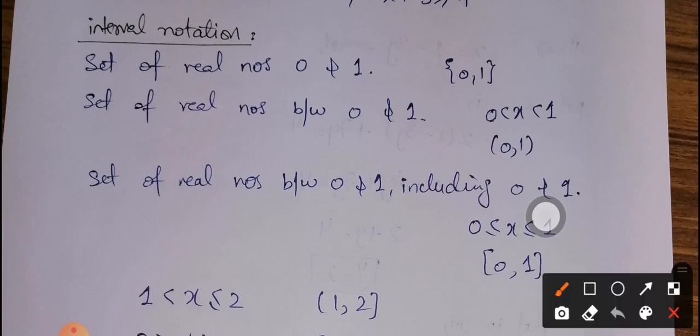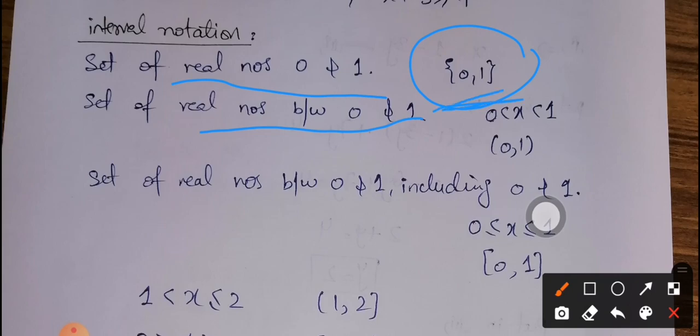So if we are asked to write down a set of real numbers 0 and 1, we can easily write down a set with the two elements 0 and 1. This is named as the tabular form of a set. Whenever we have a finite number of elements, we are always able to write down the tabular form of the set. But on the other side, if we are asked to write down the set of real numbers between 0 and 1, as we know there are infinitely many real numbers between 0 and 1, like 0.5, 0.1, 0.01, 0.999, 0.0001. So there are infinitely many real numbers between any two real numbers, and we are not able to write down all the real numbers in this tabular form.